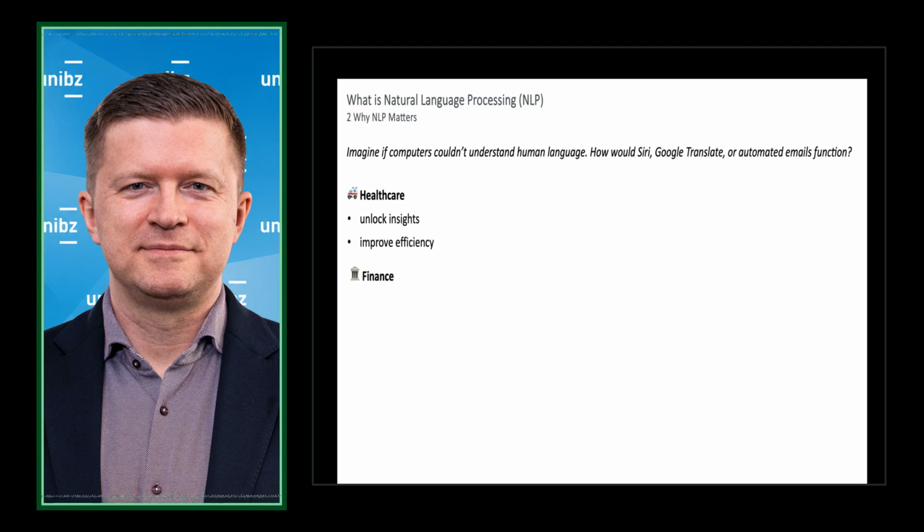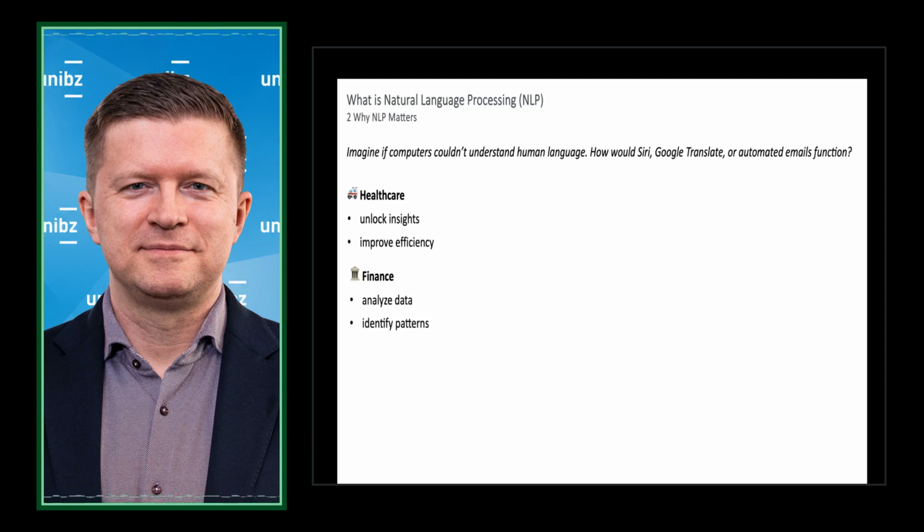And in finance, where I'm coming from, we often deal with really large data sets: news, reports, social media. NLP enables us to organize that data and to do sentiment, trend and risk analysis, and identify patterns. Of course, in my field, AML and fraud detection.